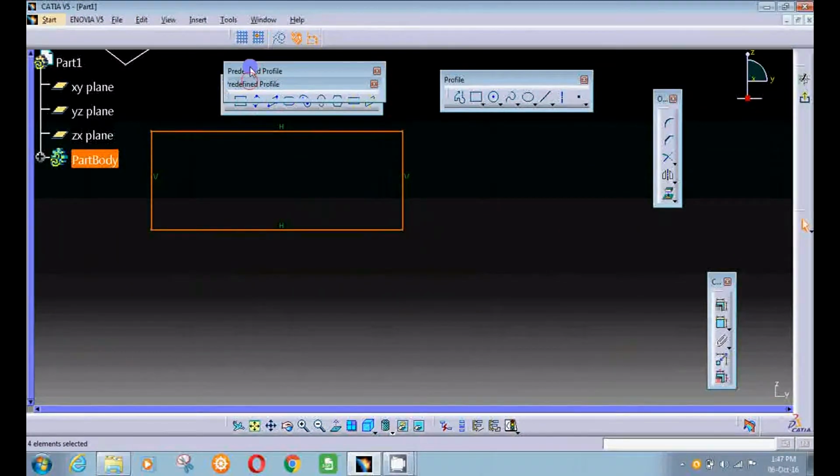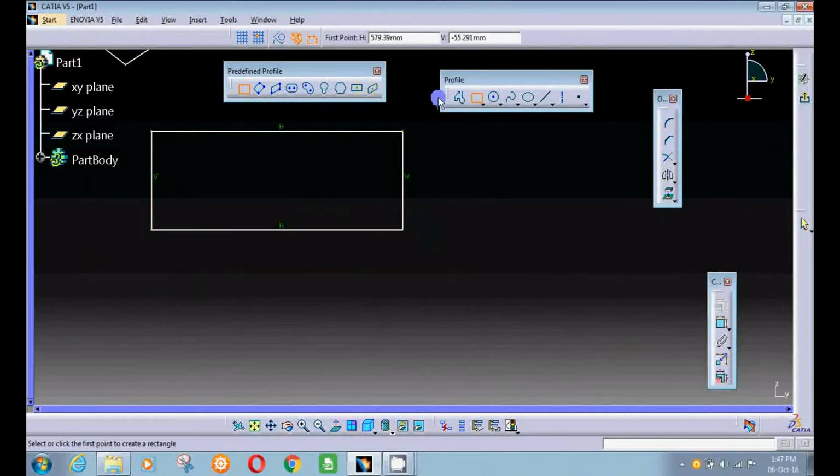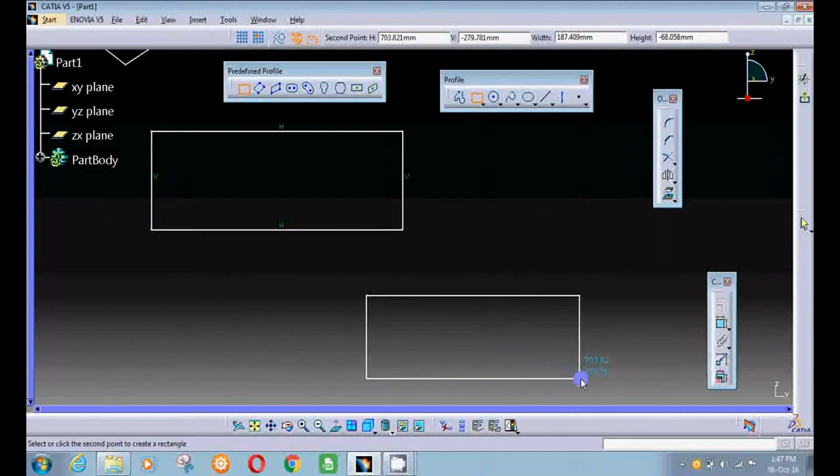When you press rectangle, the sketcher tool shows the coordinates for horizontal and vertical. You can fill in coordinates directly for the first corner, and then you can also choose the second point for the second corner. You can also fill width and height for the rectangle.